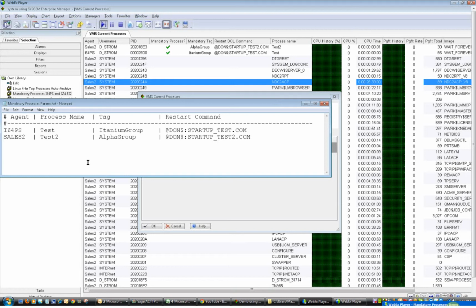We're going to assume that we're a very large OpenVMS shop, and the I64PS system is a Titanium system, and the Sales2 system is an Alpha system. So because we're a big shop, we have a Titanium group and we have an Alpha group. If a process goes down and an alarm is triggered, we want to notify the Titanium group if it's the Titanium system, and the same for the Alpha group if it's the Alpha system. And then we see in the final column there's a simple DCL command which we put in there, which is a restart the process command. Okay, so that's been defined in this window,